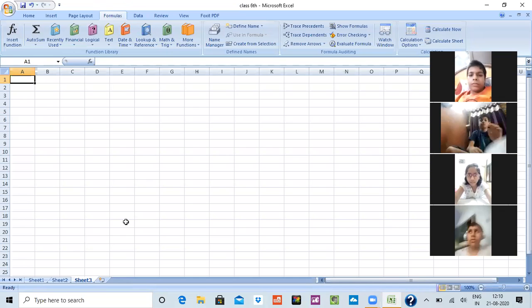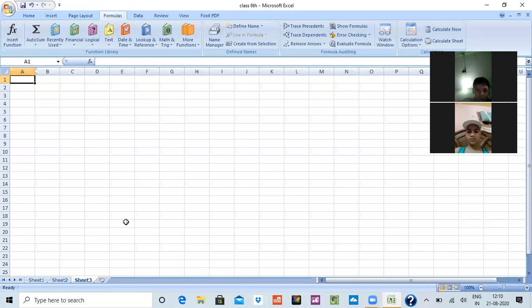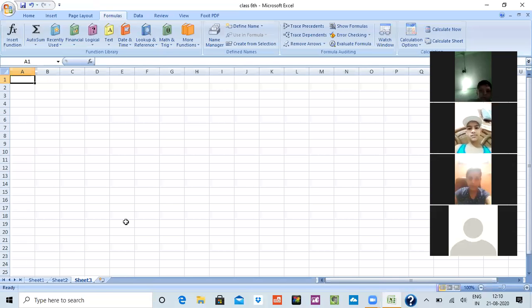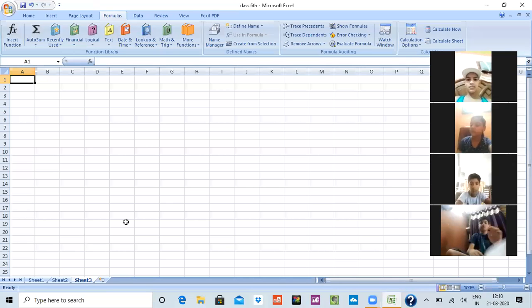I think Anshika is not able to unmute herself. So let's go to Viraj. I am not able to see your picture. I have unmuted you. Tell me whether you are there or not. Okay. So I'll tell you, there are 3 sheets which open by default.